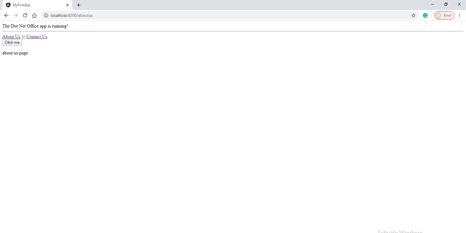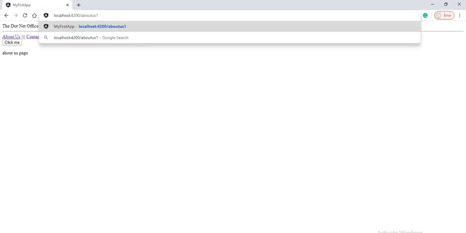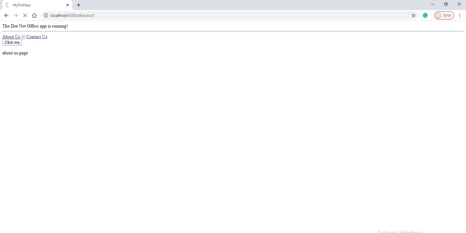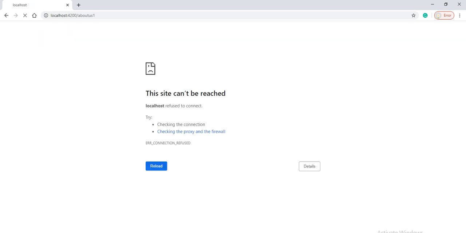So when we go to the browser, by default it redirects to the about us page. If I give about us page 1, because it doesn't exist, and I press enter, we can see it will redirect in some time. It is not redirecting.